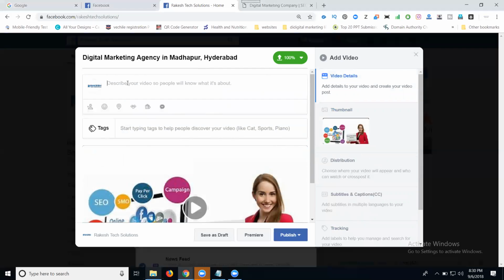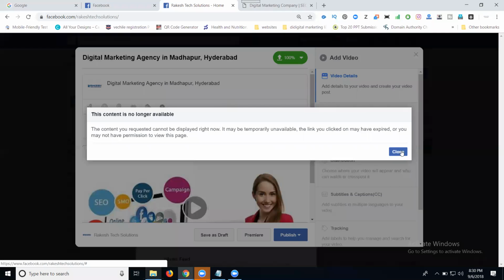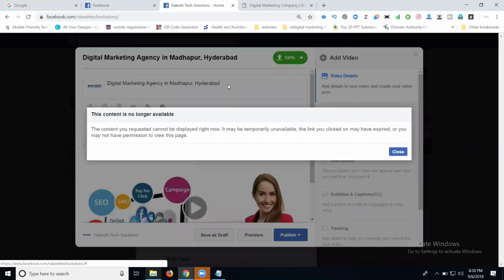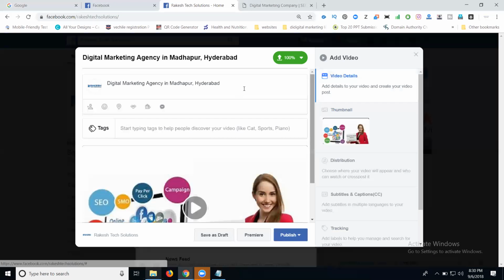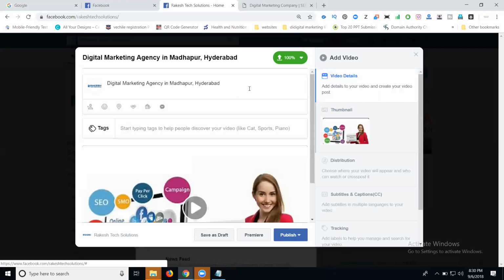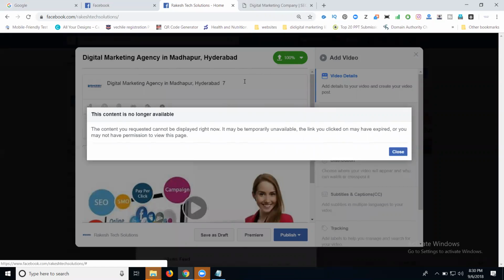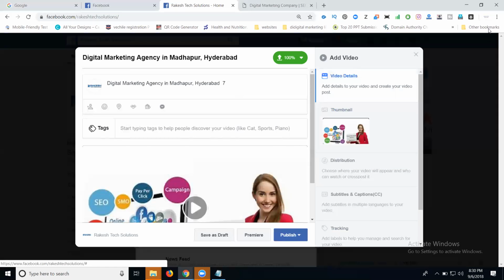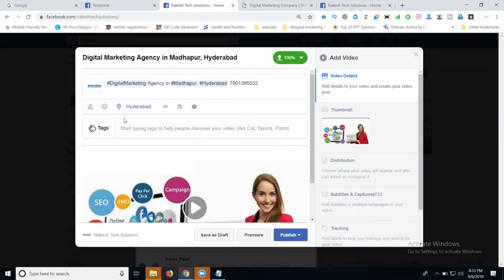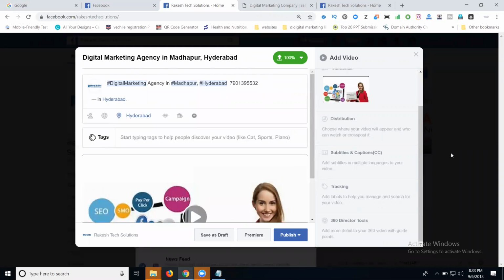Now write your description here. I'm adding complete details. I'm checking the place and selecting the total Hyderabad. Then scroll down.